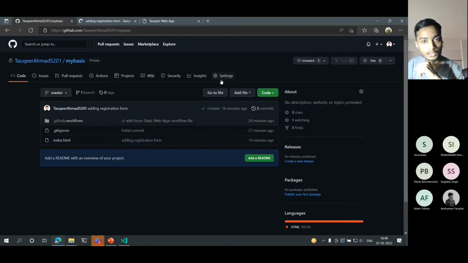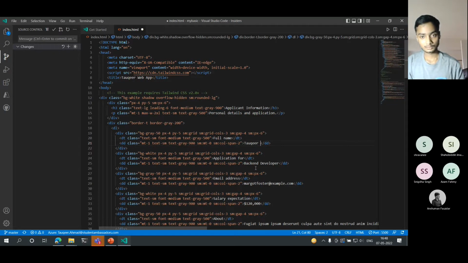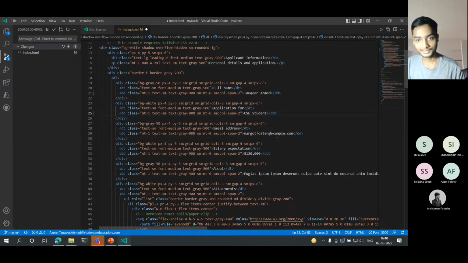Before moving ahead, let us make something more personal. Like it is being said that Ramat is a backend developer. I say that student, but they're looking at salary expectation.